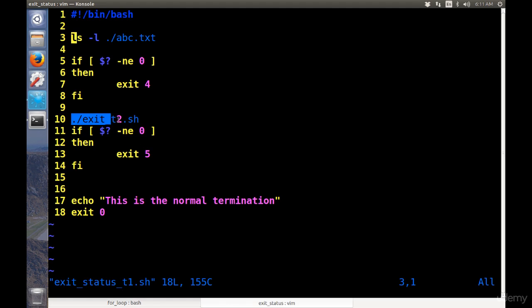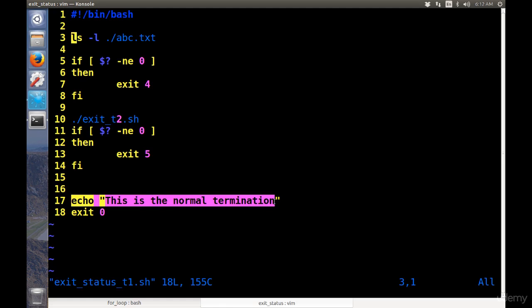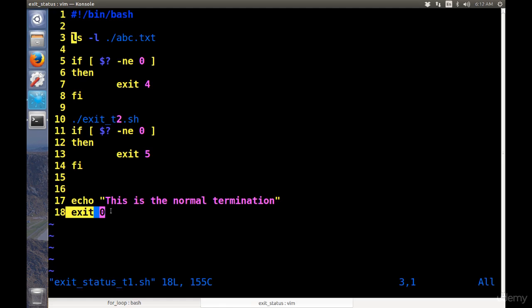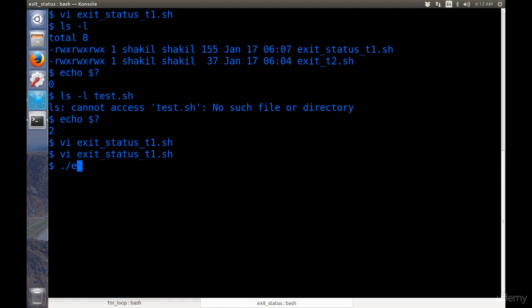This is just a small shell script. I will show you this. Now when this is 0, so 0 not equals to 0 is false, it will not come here, and then it will print this. This is a normal termination and it will exit with 0. So let's run this program first. Now if I run this program,